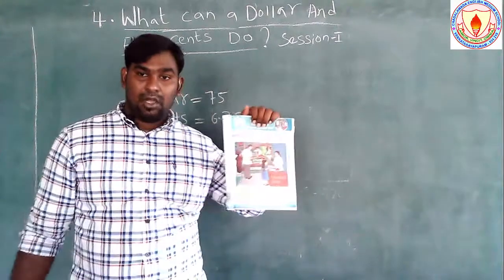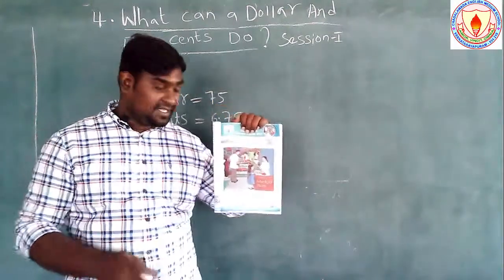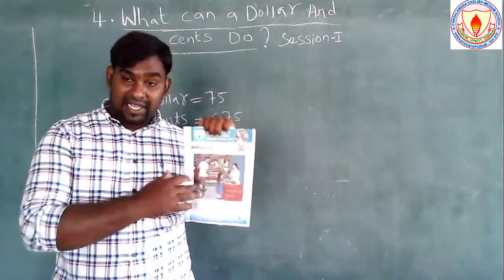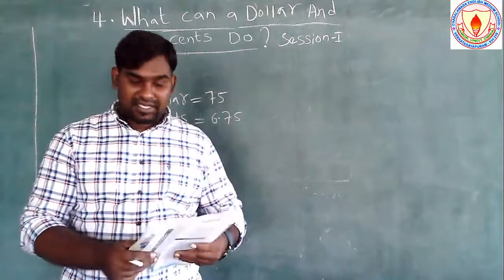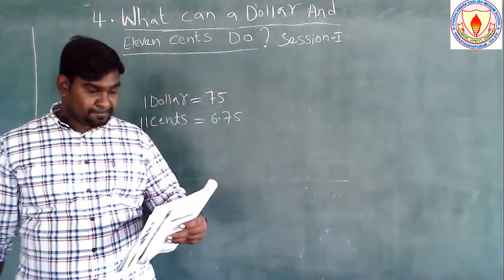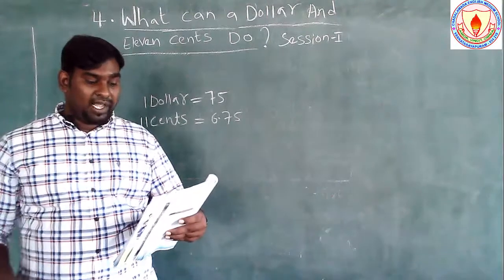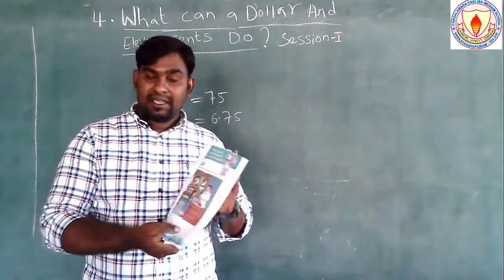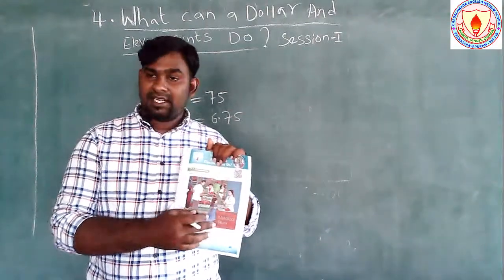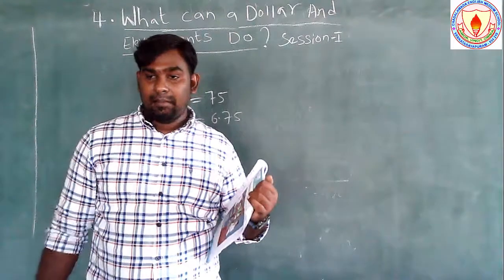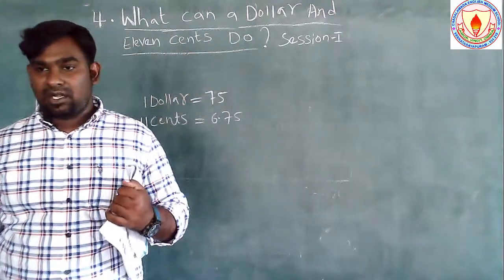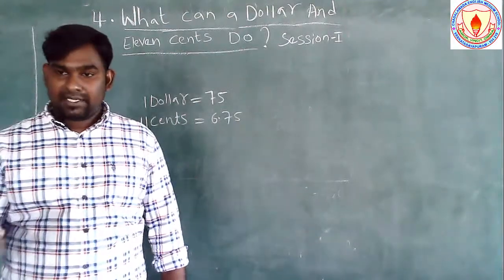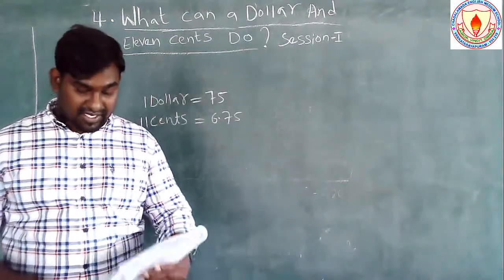All of you look into page number 53. You can see a picture there. It says, observe the following picture and answer the questions. What is the picture? Below the picture it says medical store. It is a medical shop, or a pharmacy, where we can buy tablets, medicines, tonics, or anything.